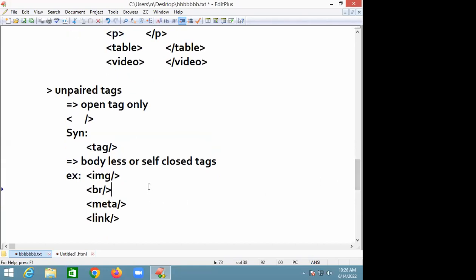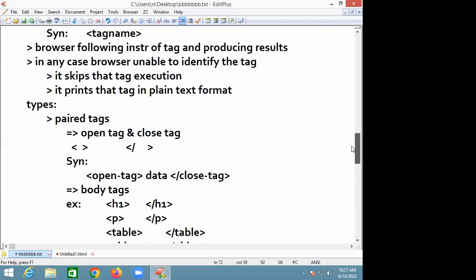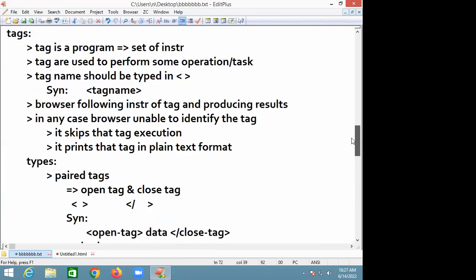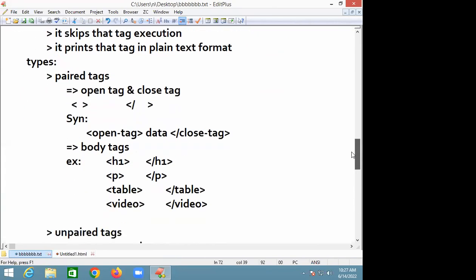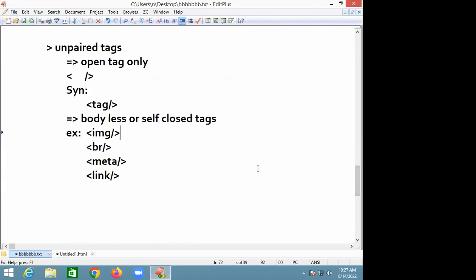But one of the interview questions, one of your FAQs, sir, is: what are self-closed tags in HTML? Tags-related information covers the meaning or definition, how the browser follows and understands them, what happens when it doesn't, and the syntax, so the types of tags. The next one, sir, the last topic of the theory part,